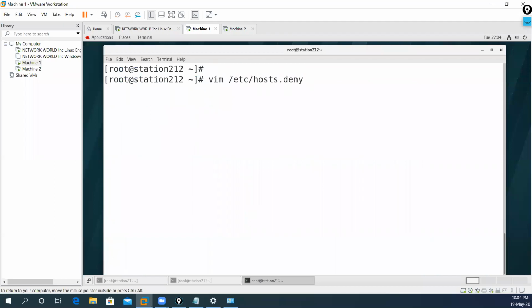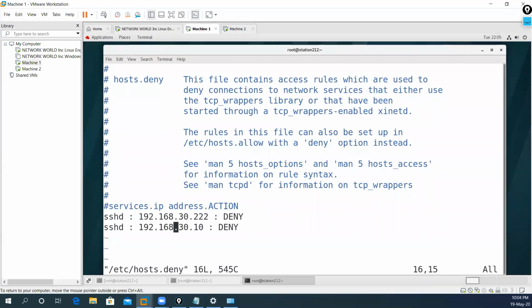If you want to block all the network, then SSHD. Oh, sorry, it's in lowercase. All means all the PCs. And if you want to block in a range, then you can give the range also. SSHD,